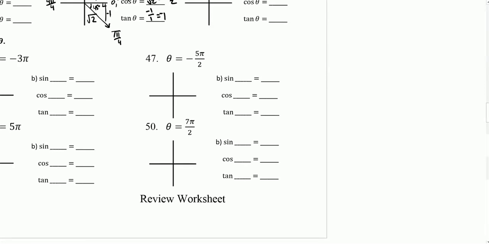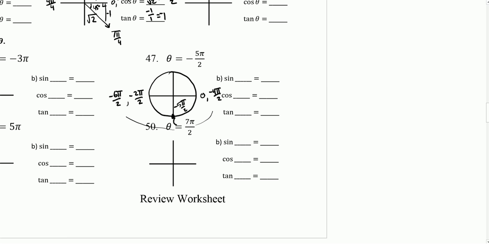47, -5 pi over 2. Well, here's 0. Here's -2 pi over 2. Keep going. -4 pi over 2. Keep going. -6 pi over 2. So -5 pi over 2 is directly in between -4 pi and -6 pi. So it's actually going to be located right here at -5 pi over 2 at the coordinate